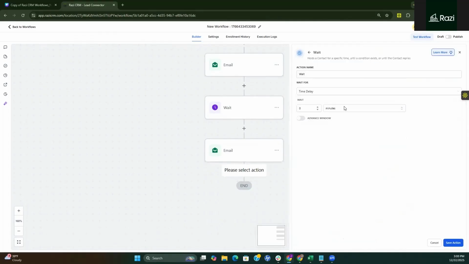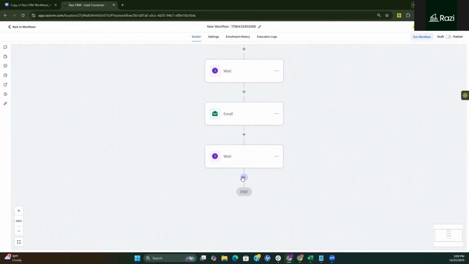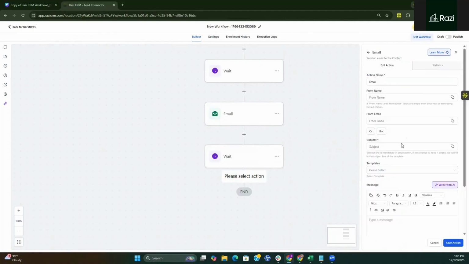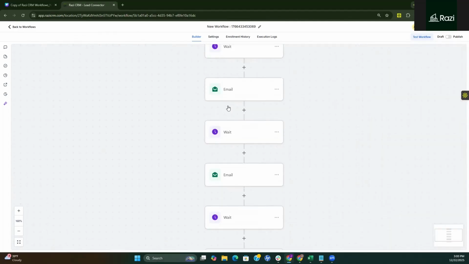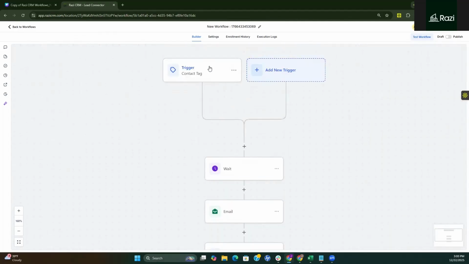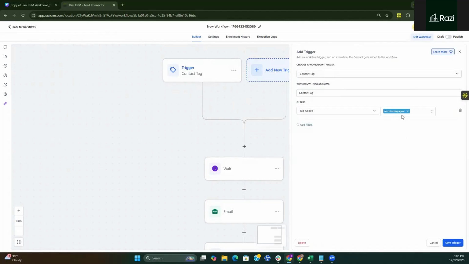And then we're going to wait 2 weeks again to send our third. So to do that, save action. And now we've created a workflow that triggers when a contact tag is added to an existing contact or when a new contact is created and a non-directing agent tag is added. So we're going to save this action